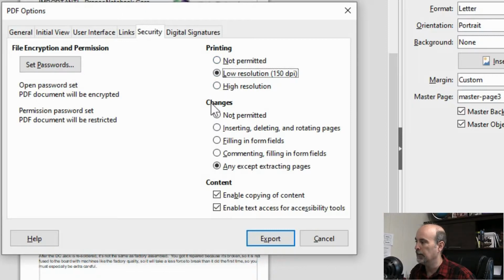It's up to you. Changes, maybe you don't want them to make any changes at all, or they can insert, delete, and rotate pages, or maybe just filling in the form fields or comments or anything except extracting the pages. And then you can also enable copying of content and text access for accessibility tools. So you have a few options on here.